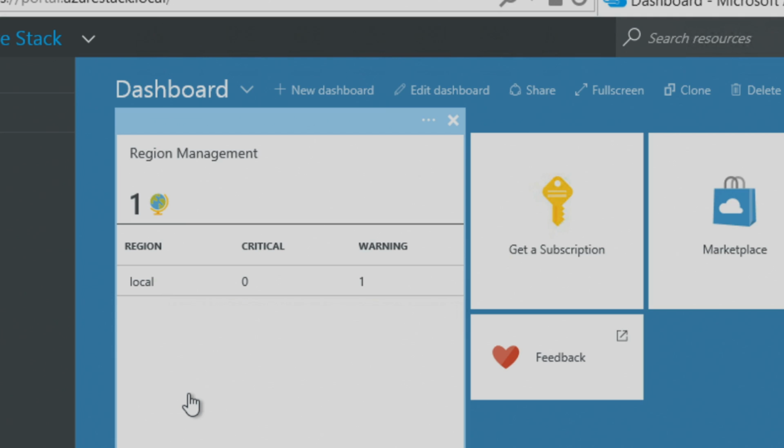You remember I talked about the concept of regions? This particular Azure Stack instance happens to be deployed in one region. If you had multiple regions, each of those regions would show up as a line item here, right? So let's take a look at how I administer a particular region. I can click on this region,